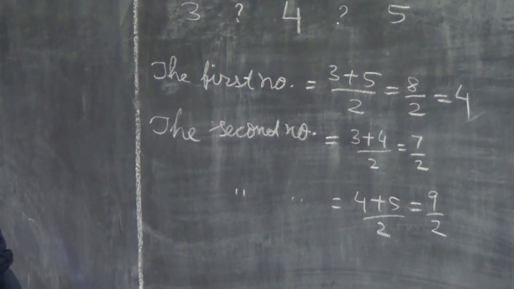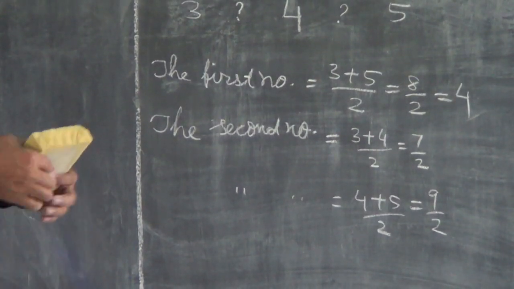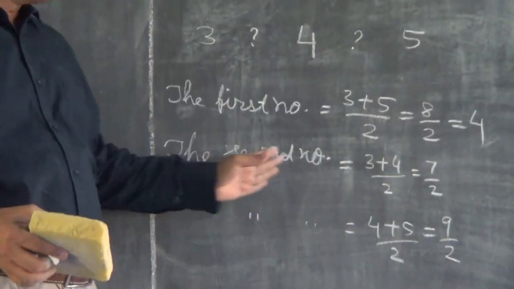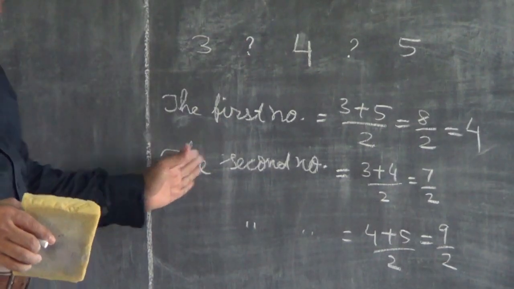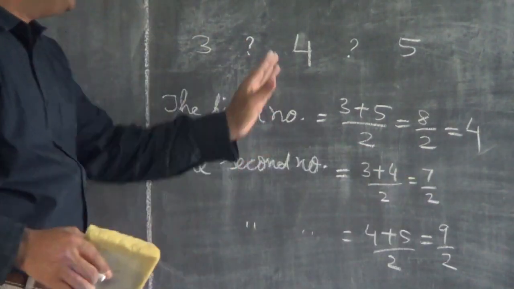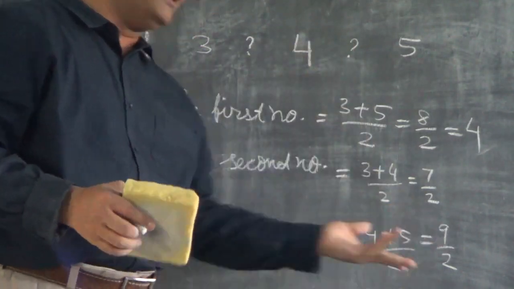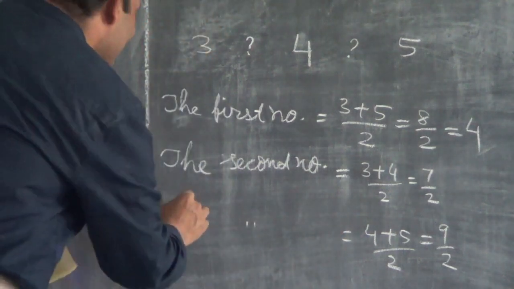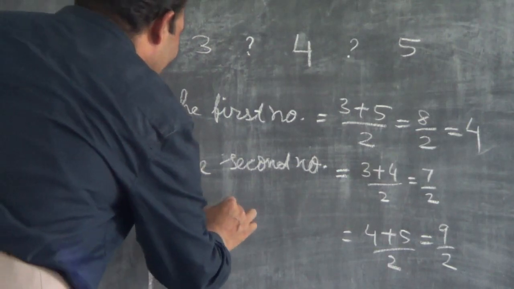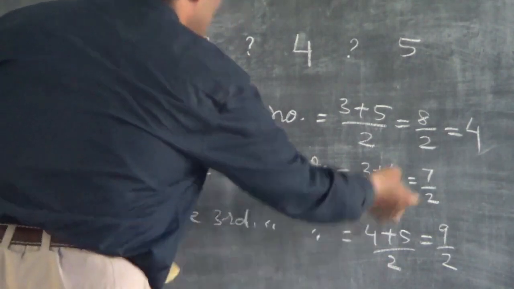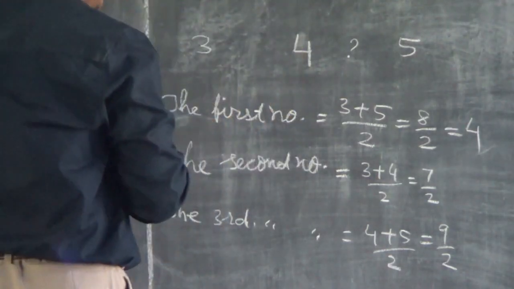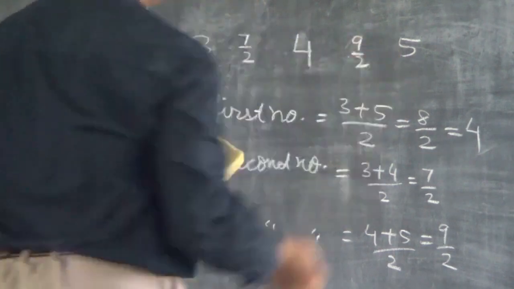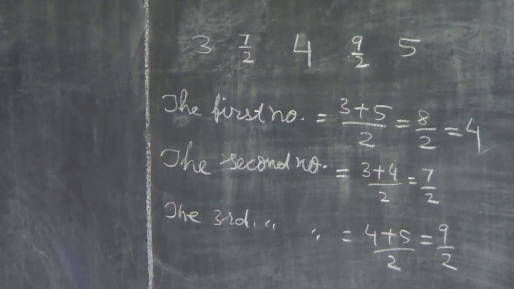If you go for that, so your second number can be this, or second number can be this. So tell me now, if you have taken this second option 7 by 2, you can say third option is 9 by 2. So why take it like this? Somebody will do the third option. The third number is 4. This is correct. This is correct.